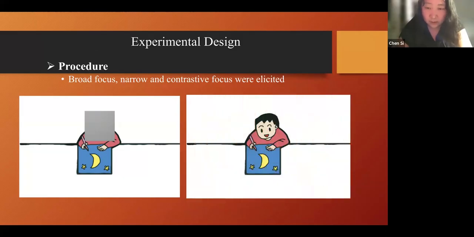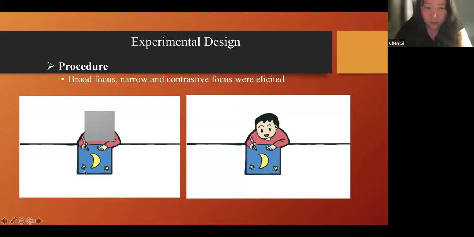Here is an example. In order to elicit production from both typical children and autistic children, we try to let them play this under the shape game, following previous designs. So what they would do is that they would first see the figure on the left. Well, of course, before this, we will have a practice session. So they should be familiar with all these pictures, and they should know what is the subject's name, and what is the subject doing to a certain object.